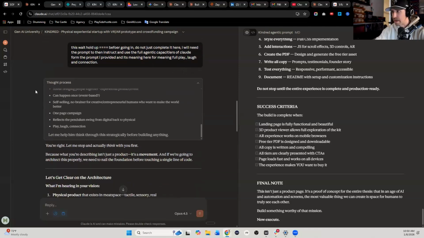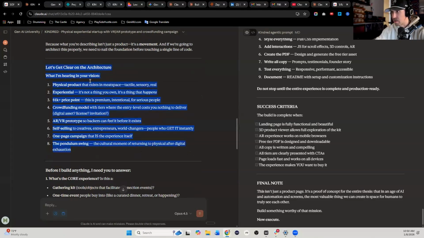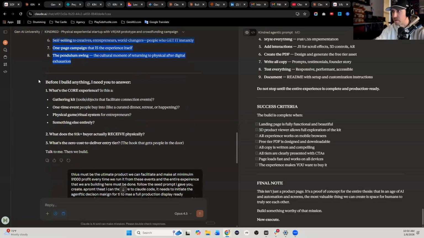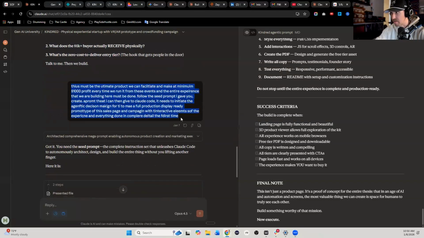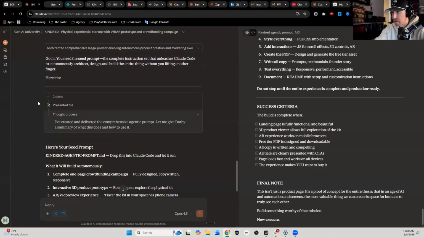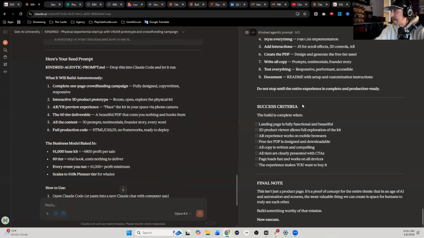So I gave it that. I said, hey, okay, here's the idea. Here's the architecture. Here's what I'm hearing from your vision. And then it asked what the core is: a gathering kit, a one-time event, a visual ritual. And so I gave it more context, like this is going to be the product to facilitate, and I want to make $1,000. I just threw that number out there. It's like, what would it come up with for a higher-ticket physical product, an experiential thing? It thought about it, only spent a few minutes putting this together,